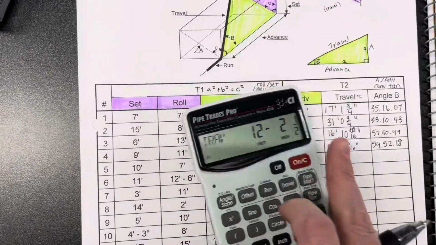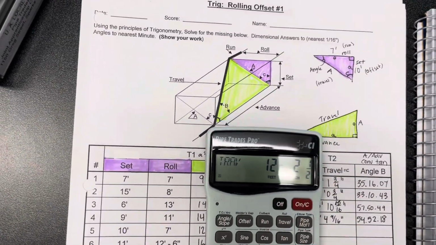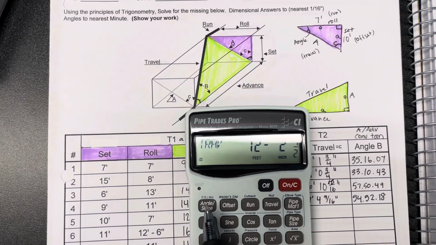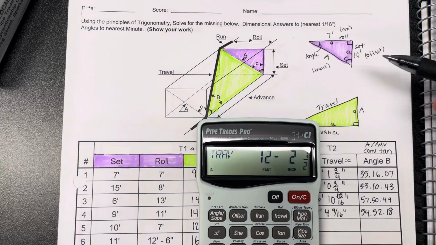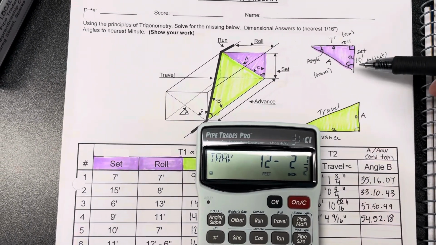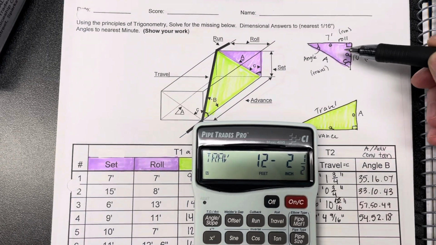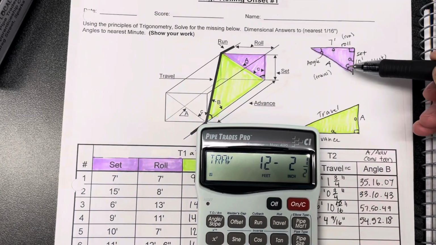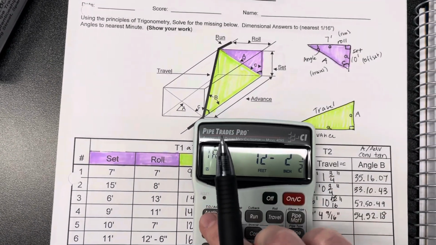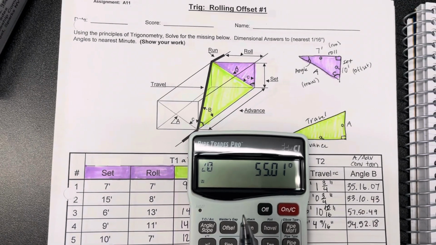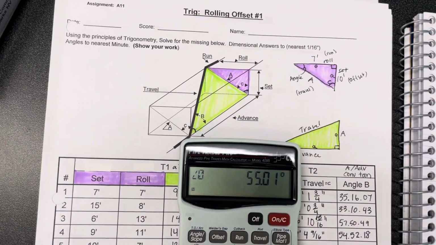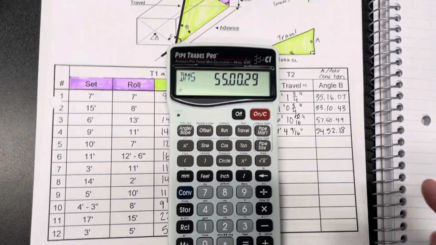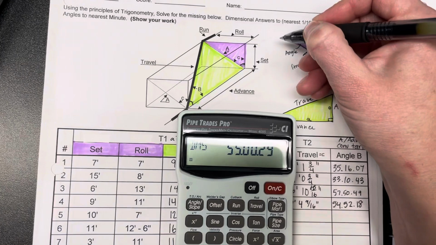Now, this also gives us an angle measurement, but we have to remember that the angle in our calculator is only one of the angles, and it's always the angle that's directly across from the offset. So in this case, my offset or my vertical change is here. The angle that I'm going to get in my calculator is going to be this top angle here. And we want this bottom angle C. So if I click angle right here in my calculator, it's going to give me 55.01. I'm going to go ahead and convert that to degrees, minutes, seconds since the worksheet is requesting that. So this angle up here is